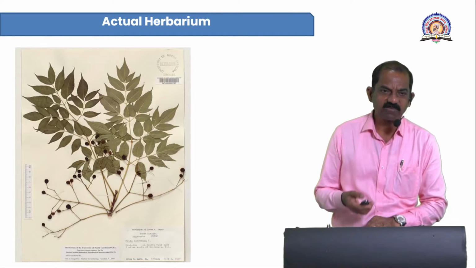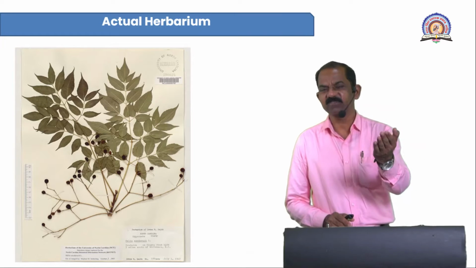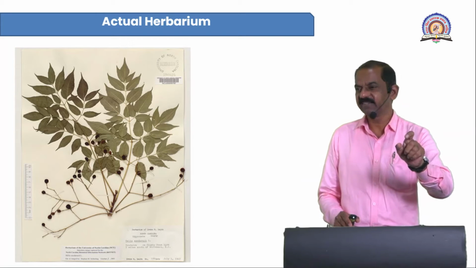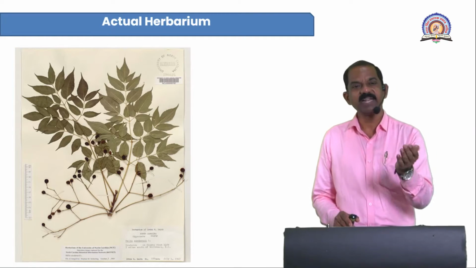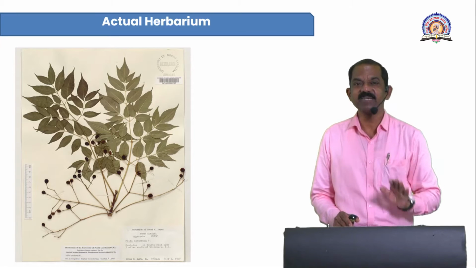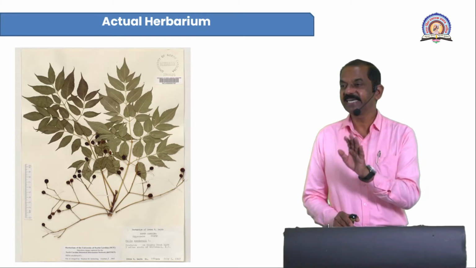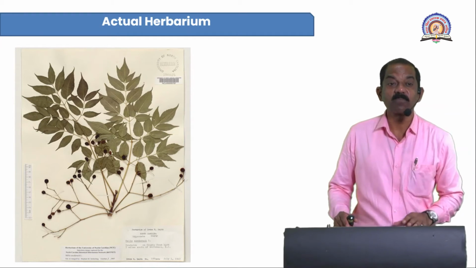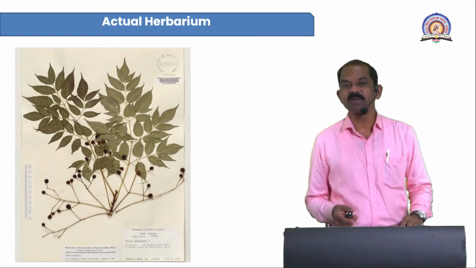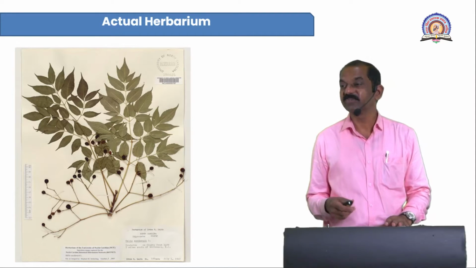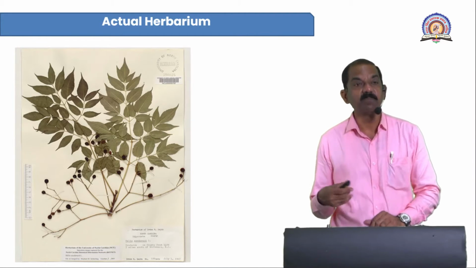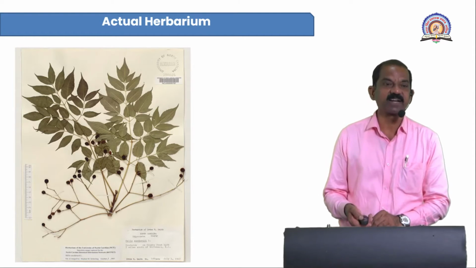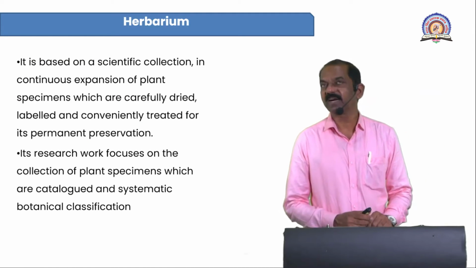This is also one type of herbarium. The plant specimen is dried at first, then pasted on the herbarium sheet, maintained, preserved, and stored in a proper way, known as the herbarium, for future use and future reference for beginners. With the help of that, they identify and study a number of plants.